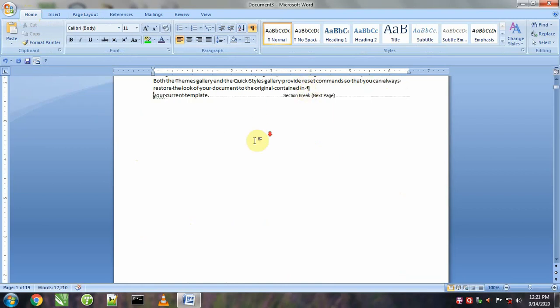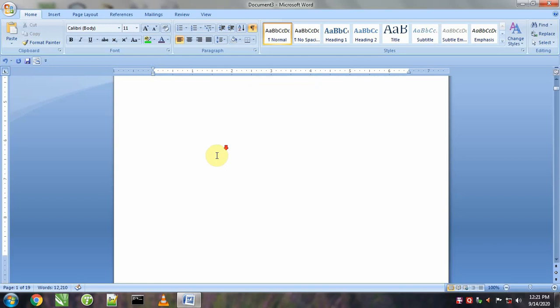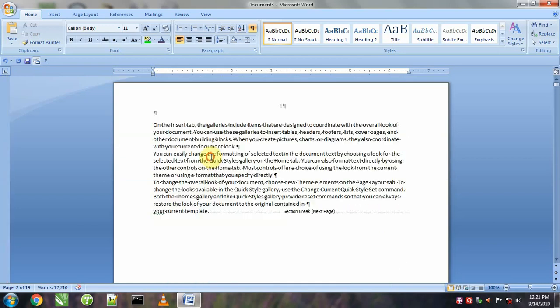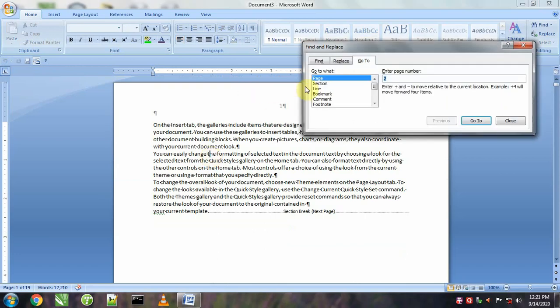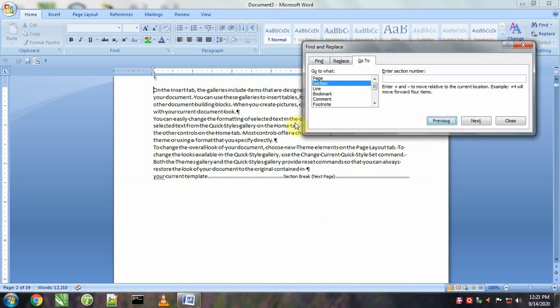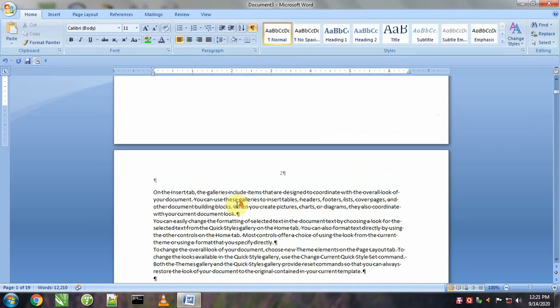It is a section break, so it is one section and it is the next section. If I put my cursor here and press Ctrl G and say section, I will say go to next section, so we are in the next section. I say go to previous section, we are in the first section. If our document contains more sections,